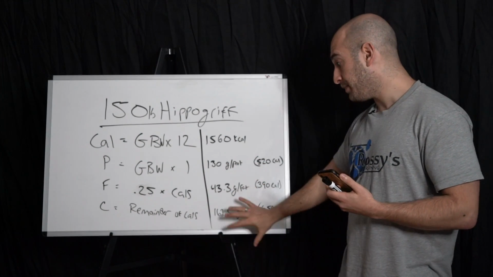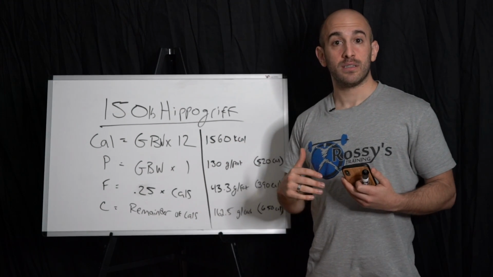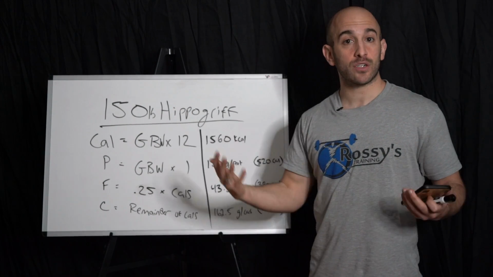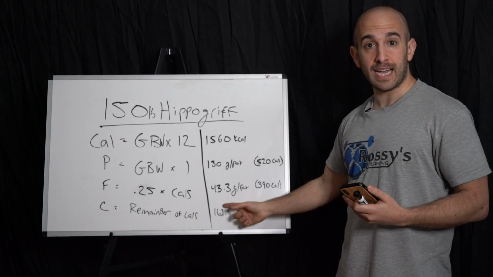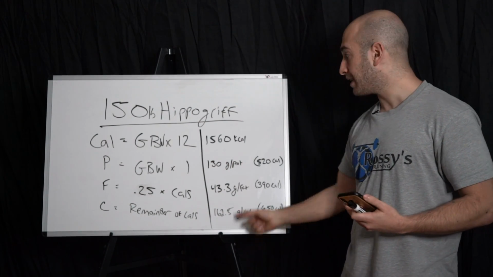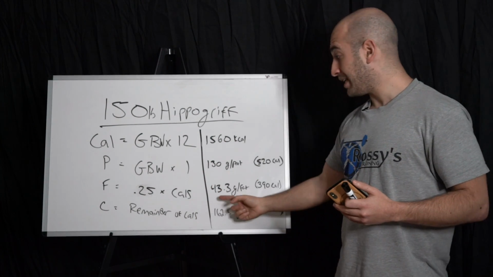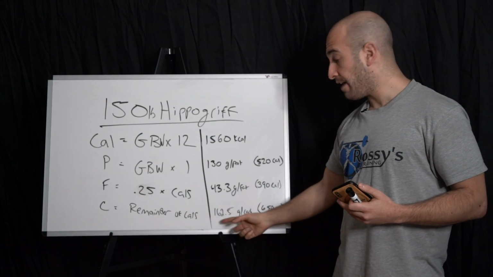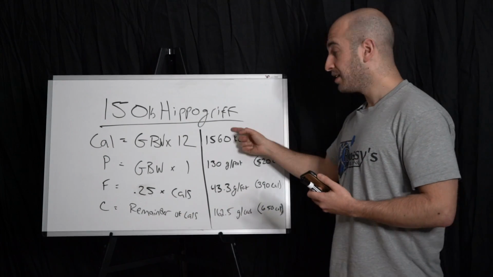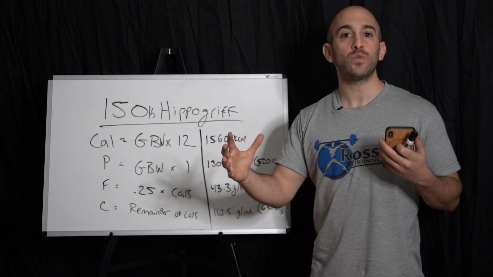From here, you can sort of manipulate these. Let's say, for example, that you prefer a higher carb diet. Then you could eat fewer fats and have more carbs, as long as these are in check. Let's say you prefer a higher fat diet. Then you can eat more fat and have fewer carbs, as long as your calories are in check. And this is where